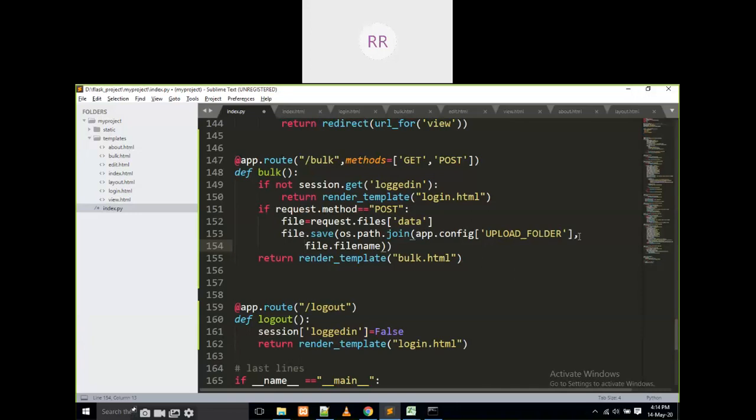It is okay. Then what is the error here?